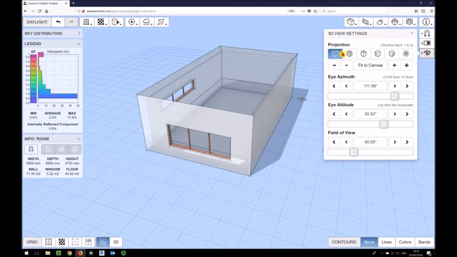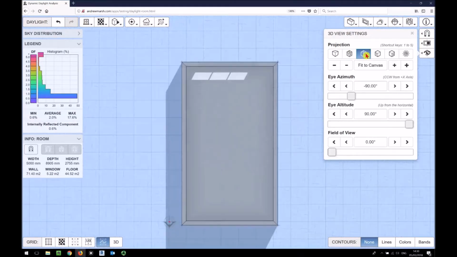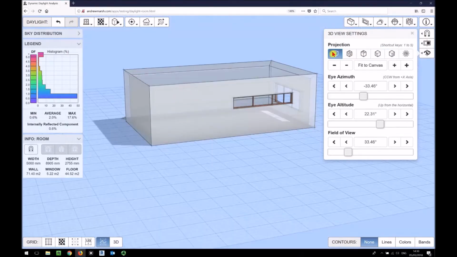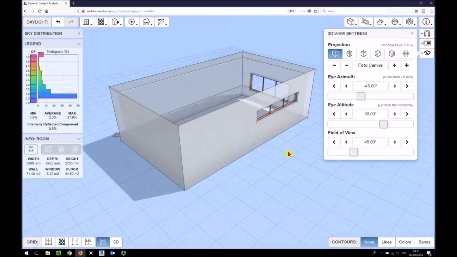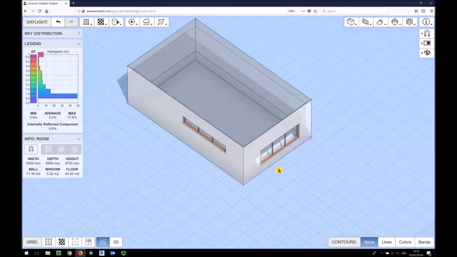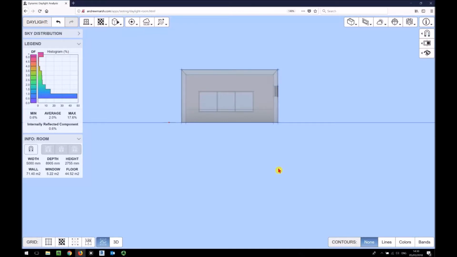You have a number of projections around. All of them, this is an axonometric. All of them you can access by clicking different numbers on your keyboard. So, for example, if I press number 2 on my keyboard, I need to left click inside first. So number 1 is 3D, number 2 axonometric, number 3 is plan view, number 4 side view, number 5 is